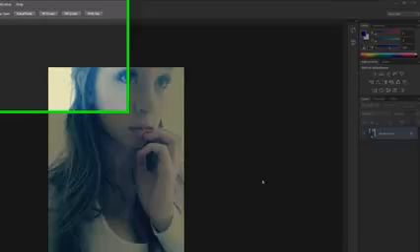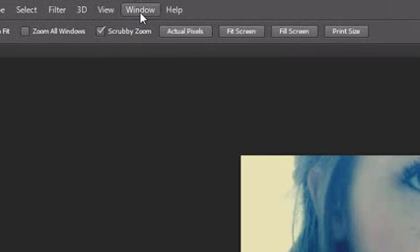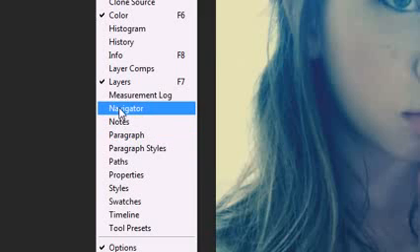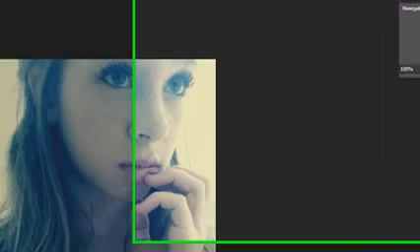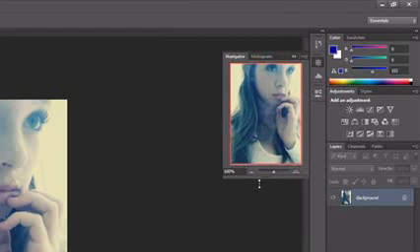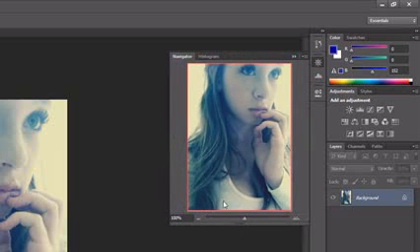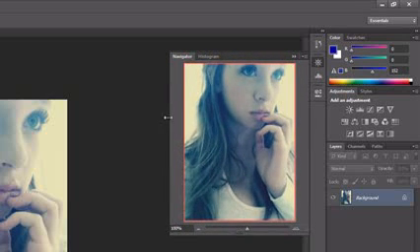Now by default the navigator panel is not visible, so go ahead to your window menu and make sure that the navigator panel has a check next to it. If it doesn't, then go ahead and click it, and now you see that your navigator panel opens up on the left hand side. So just go ahead and make this a little bit bigger, not too big,